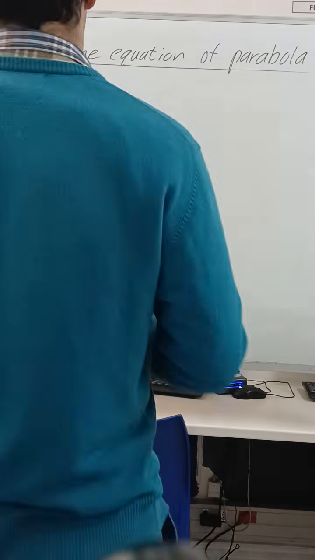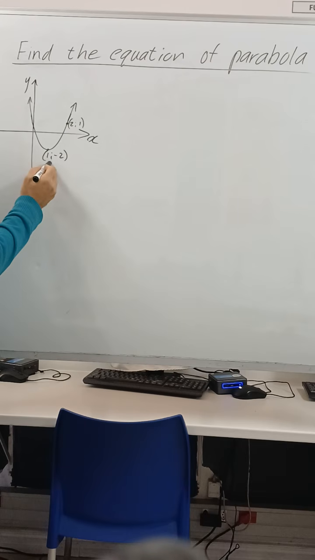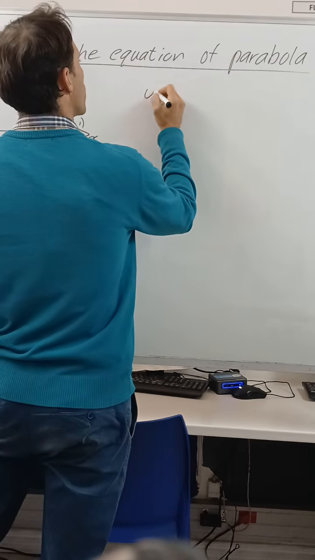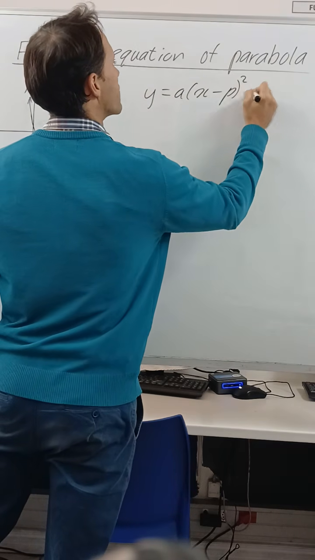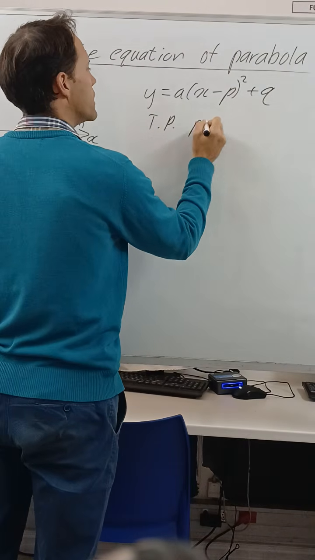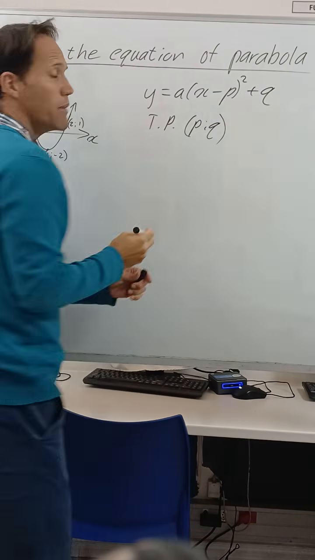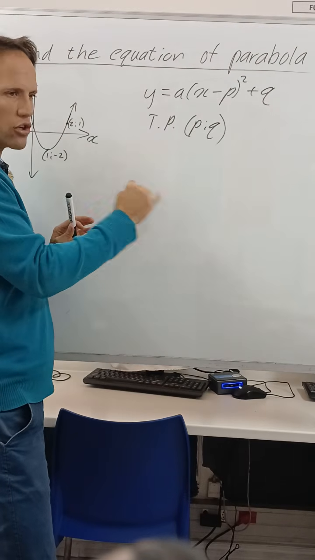Okay, so when you need to find the equation of the parabola, we look at the x-intercept form now. What if they give you the turning point, and one other coordinate anywhere on the graph? So we know the turning point form looks like this: y = a(x - p)² + q, and the turning point would be (p, q). Now remember, there's three options: standard form, x-intercept form, turning point form.